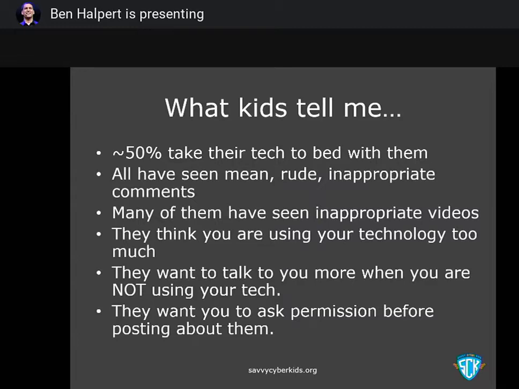Your kids want to talk to you when you're not using your technology. So in my house, we have this rule that when my kids want to talk to me, I tell them, please come up to me and then say my name or say dad, and then pause, because I'm typically in the middle of something, right? Whether it's work or social, whatever it is on technology. And then I finish whatever the thought is that I was in the middle of. And then I put the technology down and I look them in the eye and I give them my undivided attention. And that's what you should do with your kids too.